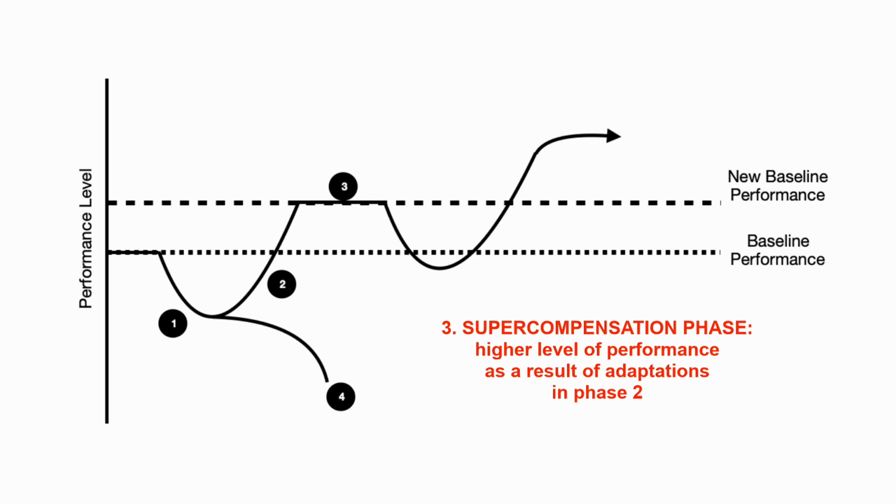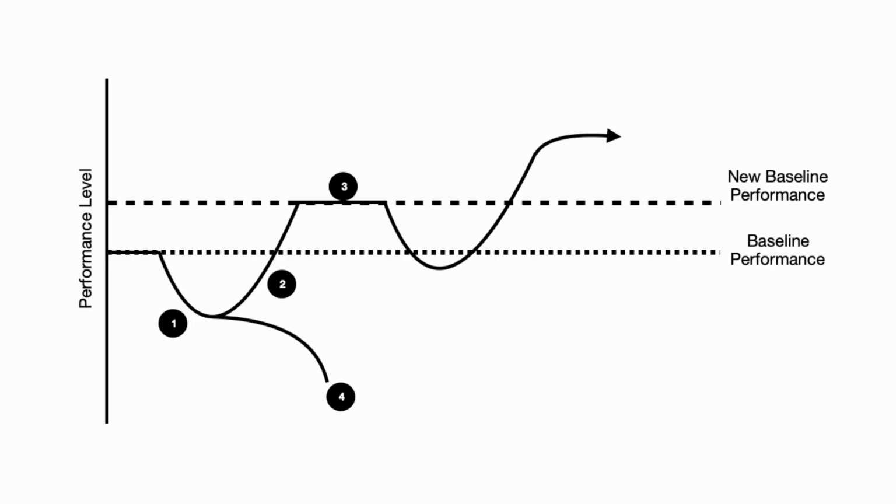This means we will have reached a new level of performance capacity in response to the adaptive process that we underwent in phase 2. If you try and conceptualize this, according to those diagrams that I've popped up, if we go through another stimulus after that supercompensation phase and before that involution phase, then we'd start this process over again. And that's how we'd achieve an even higher level of performance.